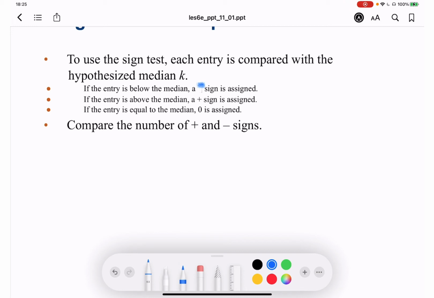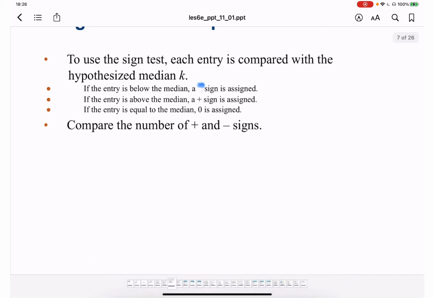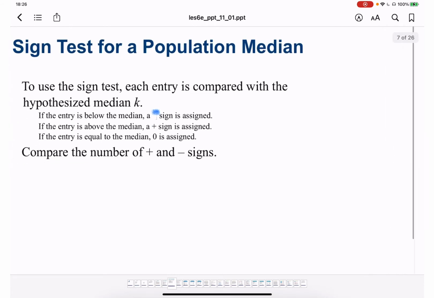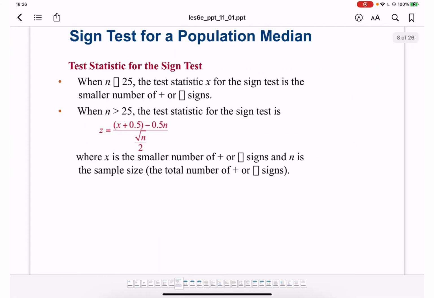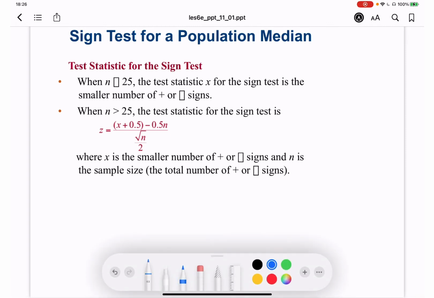If entry is above, we assign positive. If it's equal, then we assign 0. Okay, and then we compare positive and negative. So, I already talked about it, but